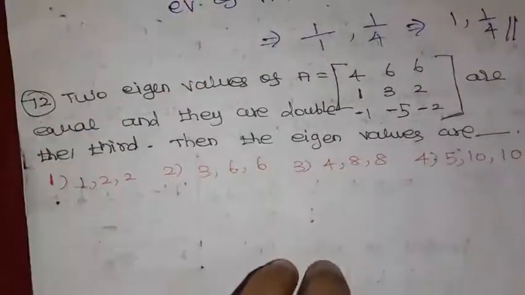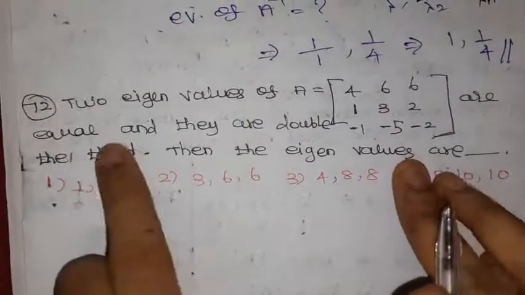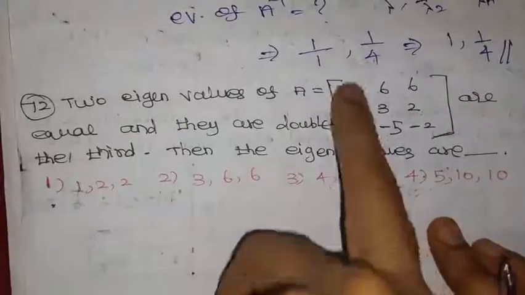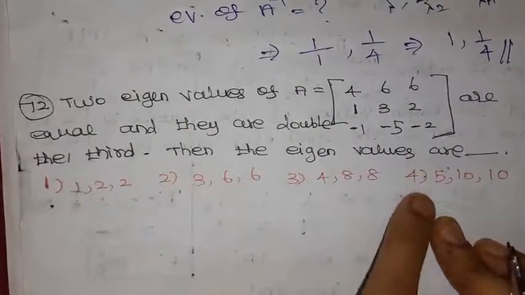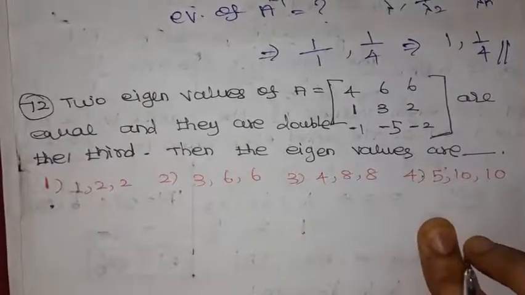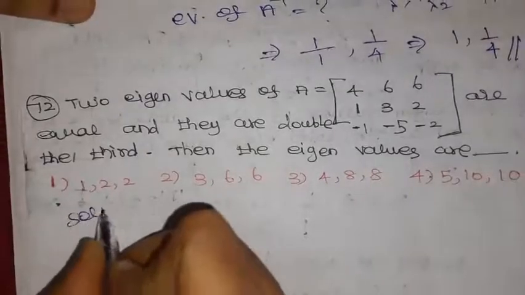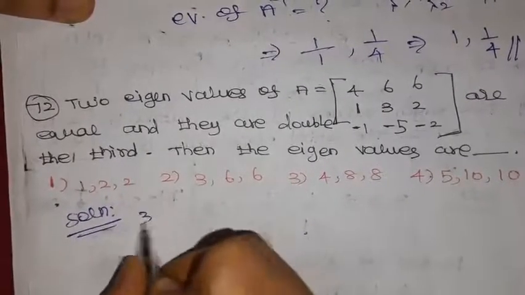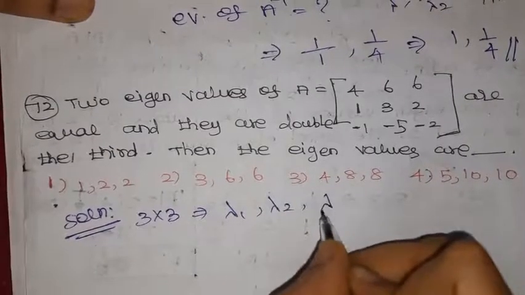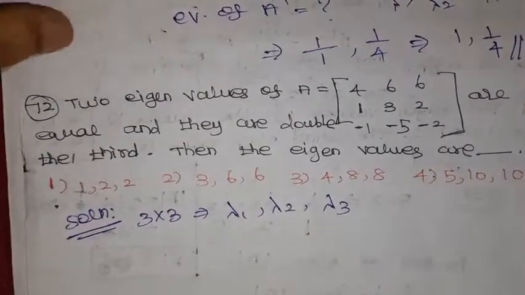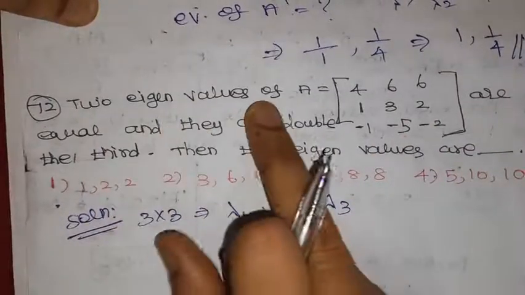Then question number 72. What is that? 2 eigenvalues of the matrix given are equal and they are double the third. Then the eigenvalues are, okay. Here we need to find out the eigenvalues of the given matrix. What is given? It is a 3 cross 3 matrix. It will have 3 eigenvalues as lambda 1, lambda 2 and lambda 3. So what is given here? 2 eigenvalues of A